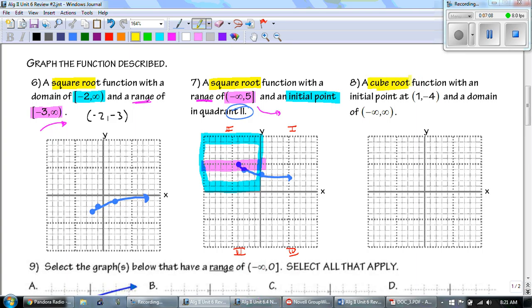So next one we have to do a cube root with an initial point. They're telling me my point is (1, -4), and the domain is -infinity to +infinity. So here we go. We're going to go to (1, -4), and if you forgot what the pattern is, it's up 1, right 1, up 2, right 8, but then I have to go down 1, left 1, down 2,